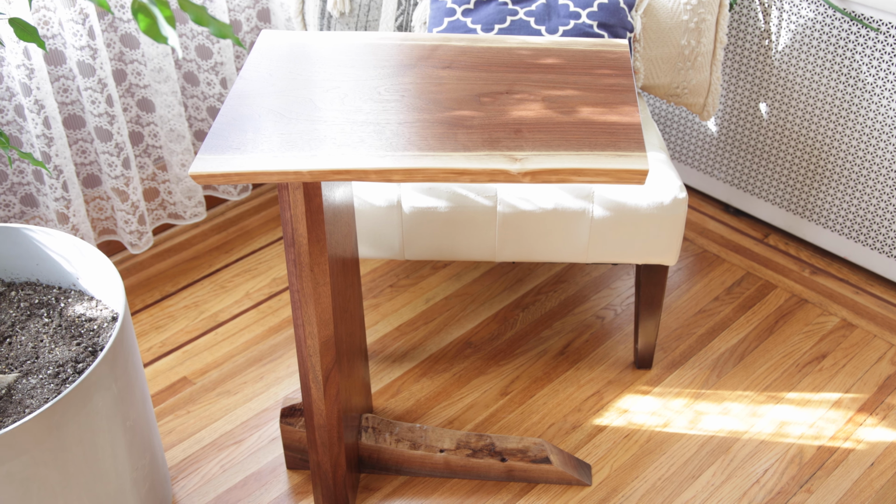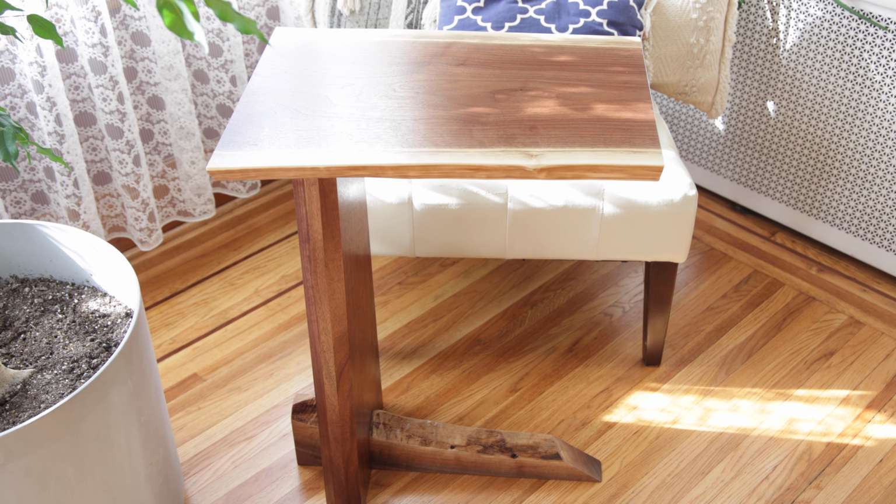In this week's build, I am making a live edge walnut side table. But before we get on with the build, there's something that I have to do. You see, I love working with walnut, but my lungs, they do not. Therefore, the beard has to go. It's the only way I can get a tight enough seal with the respirator to be able to move forward